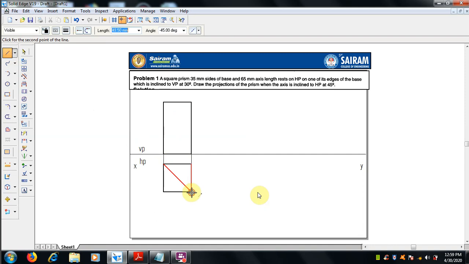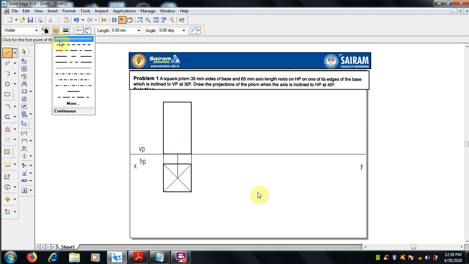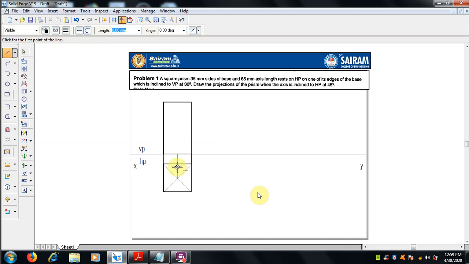Moreover, we have to draw the axis here. To draw the axis, we have to find the center point from the top view. Just find the center point and project this, the 0.5 mm thickness and a center line. Draw the center axis in the front view. So that is there.